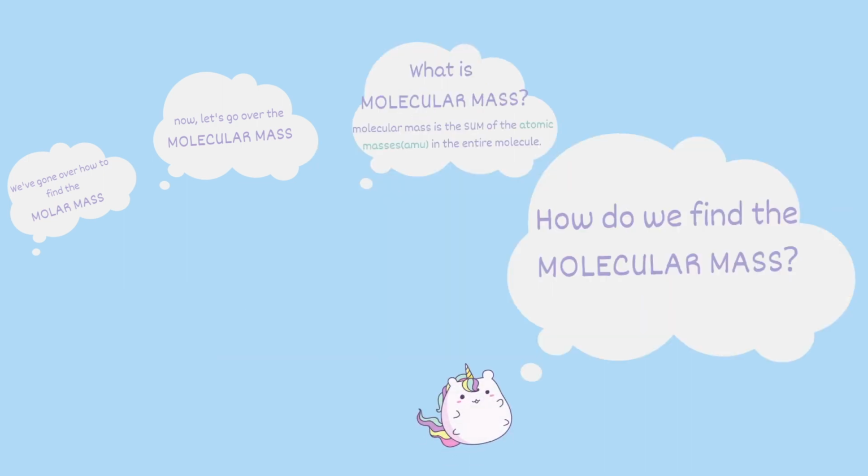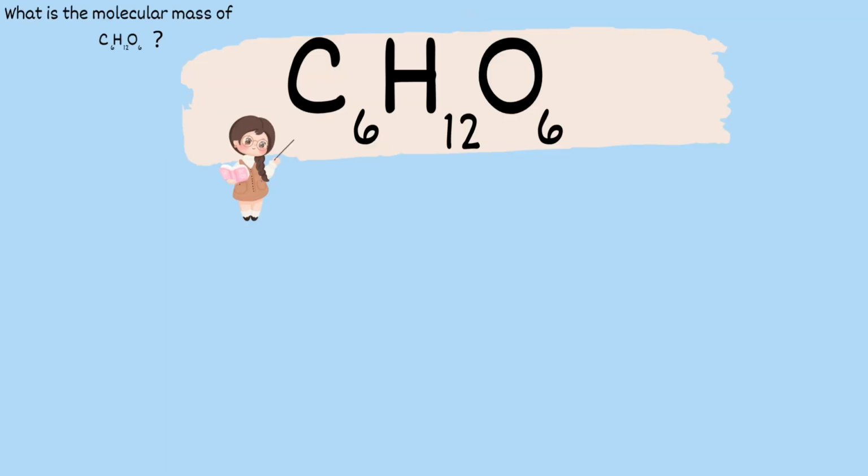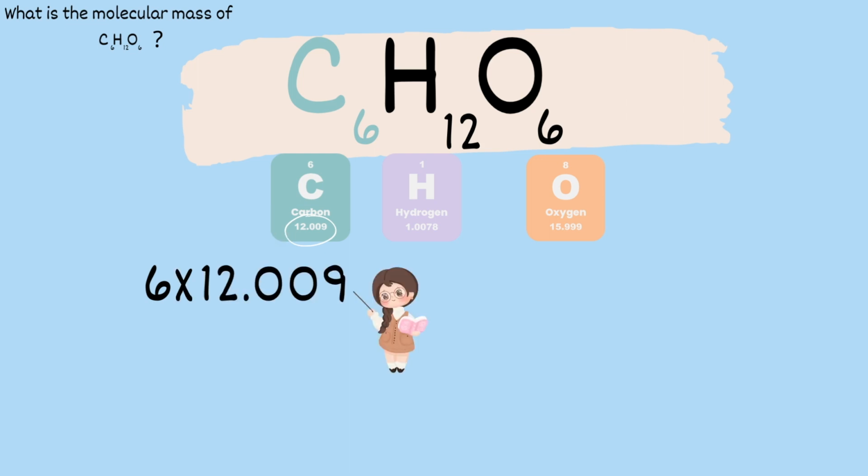So how do we find the molecular mass? The best way to understand this is jumping right into some practice problems. So let's get to it. What is the molecular mass of glucose? The first step is finding these on the periodic table so we can get their molar masses. Now, we're going to break this compound down by each element one by one. Looking at carbon first, the little 6 subscript tells us that we have 6 carbon atoms here. So we're going to write down 6, and the molar mass is 12.009. So we're going to multiply 6 times 12.009, and we get